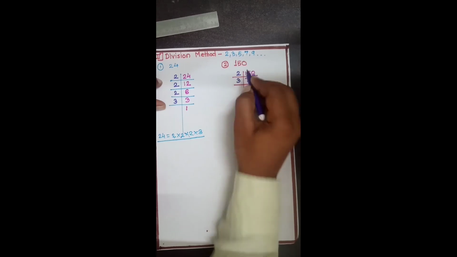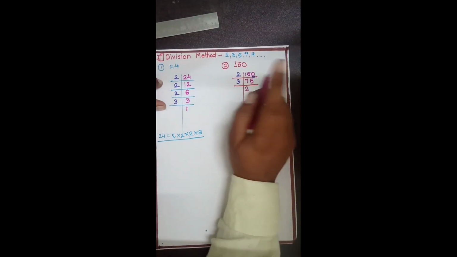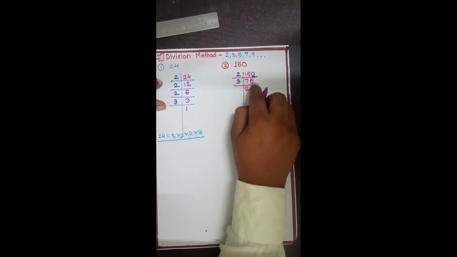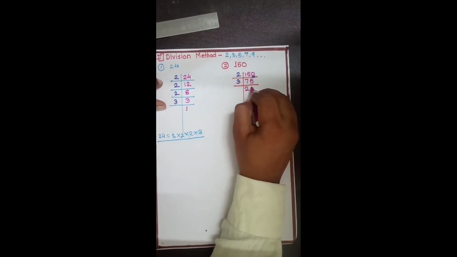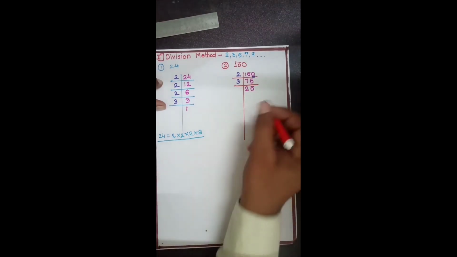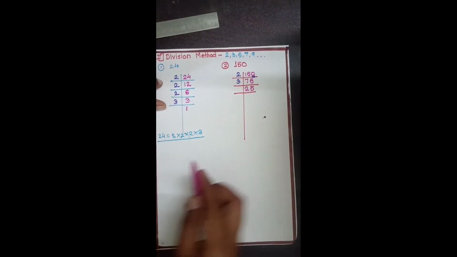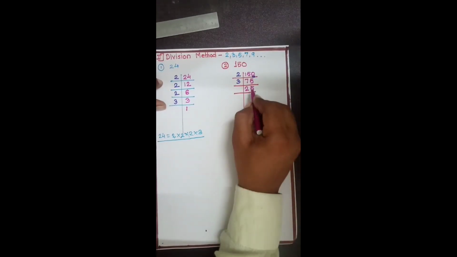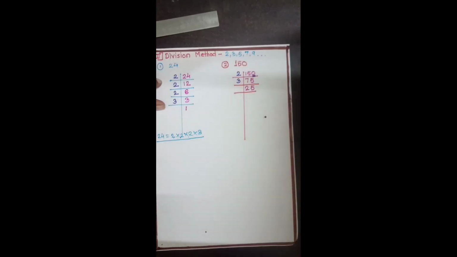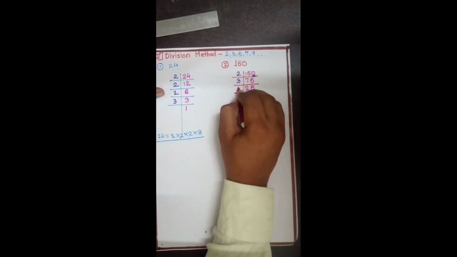Now we will divide 75 by 3. Then 3 2s are 6. How much remains? 1. And 1 and 5 will become 15, and 3 5s are 15. Therefore what answer are we getting? 25. Now can we divide 25 by 3? Let us check. 3 7s are 21, and 7 is not in the table of 3. So now the next prime number is 5, and yes, it is divisible by 5.